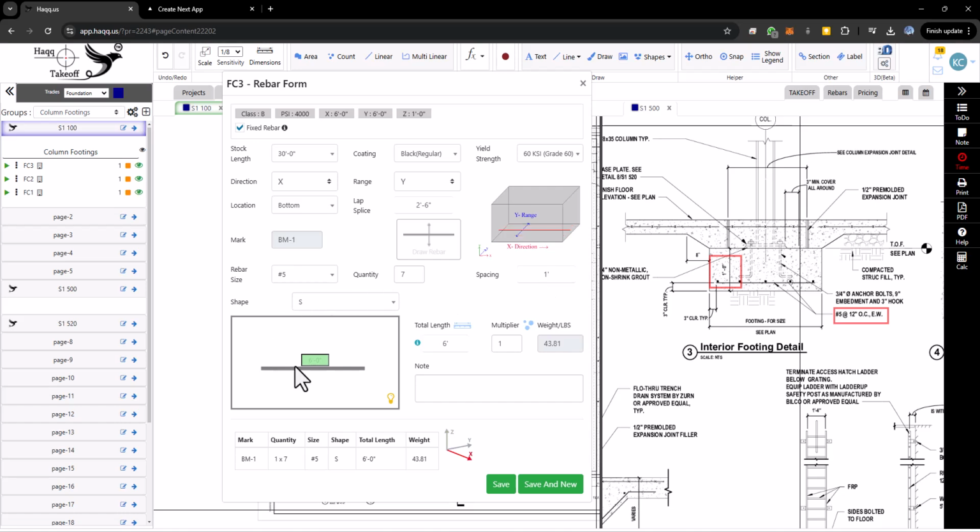It's showing straight rebar with a 6-foot length. Below the picture, you can see the quantity, size, shape, length, and weight of the rebar to be added. Since this element is square, we could simply set the multiplier to 2 and add a note, such as each way, but instead I'll add a separate rebar for the Y direction. This way, it can be easily copied for rectangular elements. I'll set the multiplier to 1 and add a note saying long way, then click Save and New, which opens